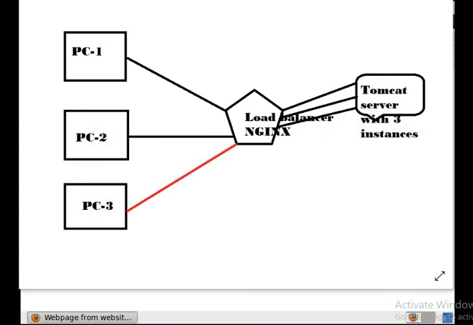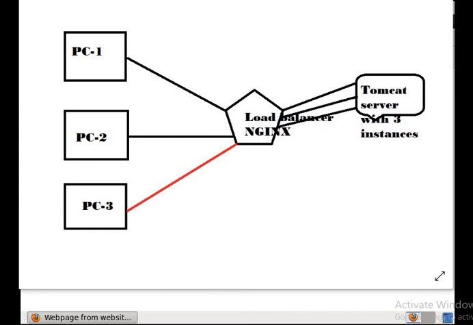Here you can see in the picture I have shown three different clients, PC1, PC2 and PC3. They are trying to access a website which is hosted in the Tomcat server. In the Tomcat server, all these websites or instances are hosted on different ports.